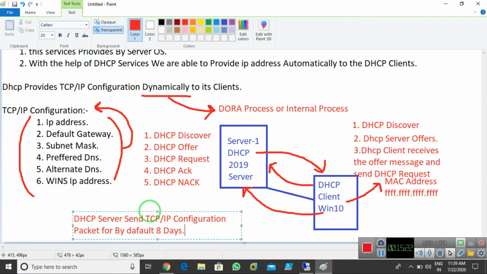By default for 8 days. Okay, we can change these days also. Minimum is 1 day. By default 8 days, if you do not change anything, and the maximum is 999 days.